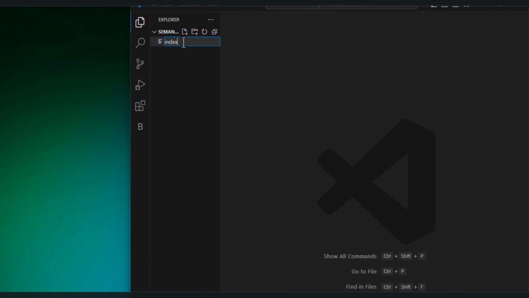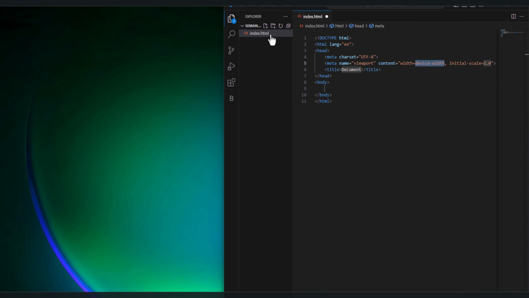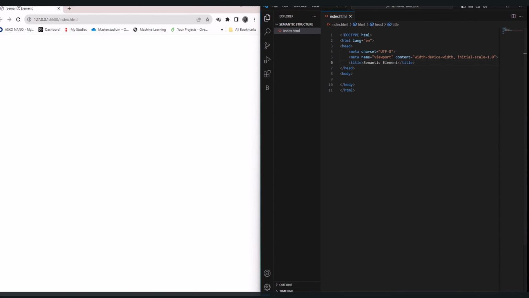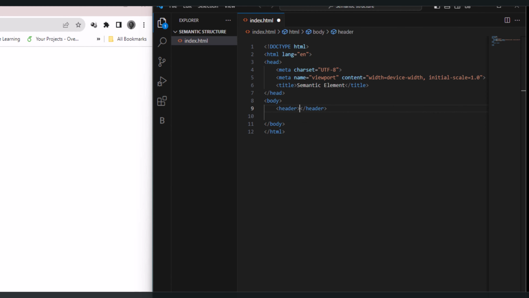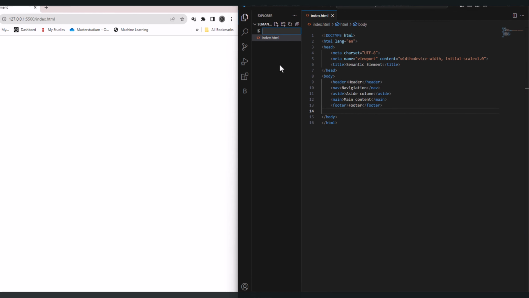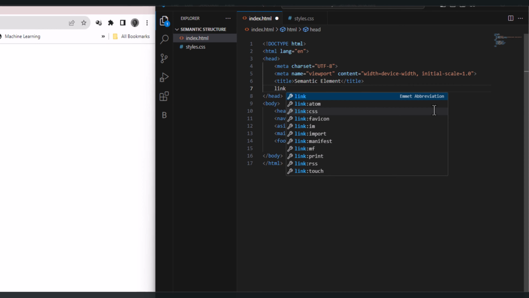Create an HTML file, index.html. And now the basic structure of HTML. Change the title of the browser, and let's lay out the semantic tags that I want to use in this tutorial. I have header, nav, aside column, and I have main content, and I have a footer. That's all we need in this HTML file for now. Let's create a CSS file and start by linking the CSS file in the HTML,